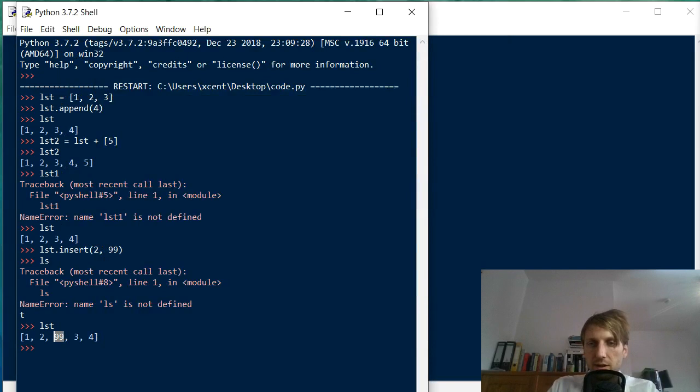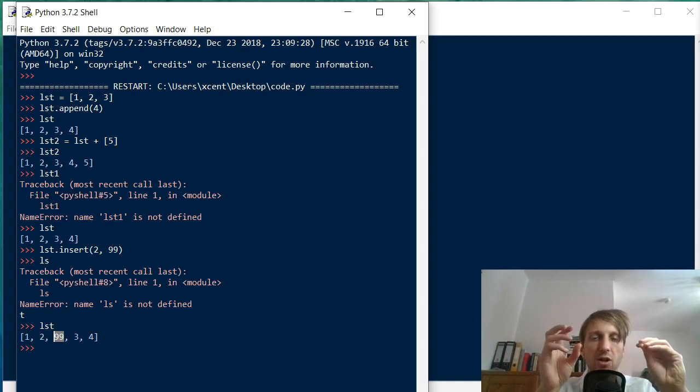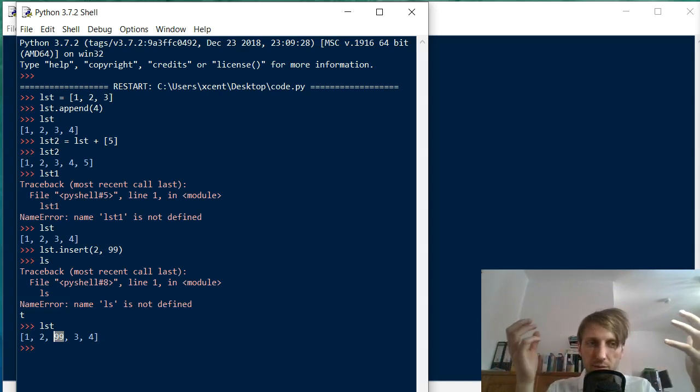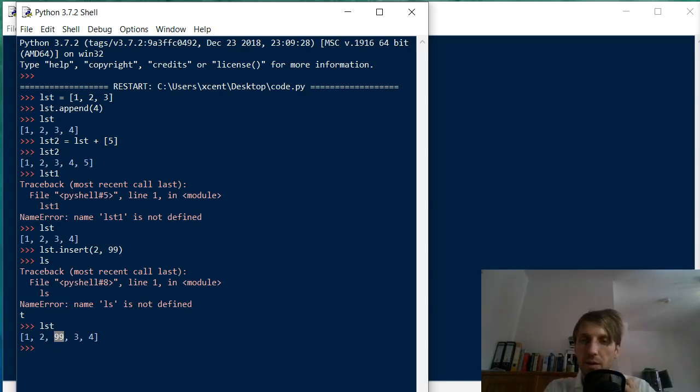Okay, and what if you want to know: is the append method thread safe? It is thread safe if you use the CPython implementation. So what does thread safe mean? It means that if you have multiple threads which in parallel want to access the list and change the list content using the append operation, for example, then it's perfectly valid, it's possible. Why? Because the CPython implementation uses a global interpreter lock, which means that all operations that are defined in the CPython library are atomic. Okay, so if one thread has the lock on one operation, it executes one operation, then no other